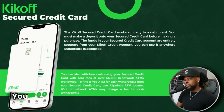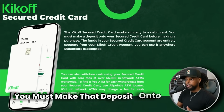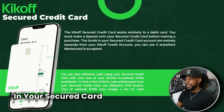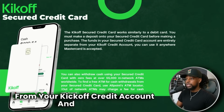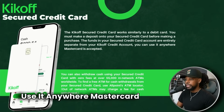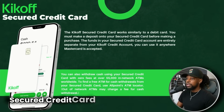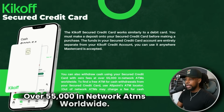on Tuesday. You also want to keep in mind the Kickoff Secure Credit Card works more like a debit card. You must make that deposit onto your Secure Card before making any purchases, and the funds in your Secure Card account are entirely separate from your Kickoff credit account, and you can use it anywhere MasterCard is accepted. You can also withdraw cash using your Secure Credit Card with 0 fees over 55,000 in-network ATMs worldwide, and to